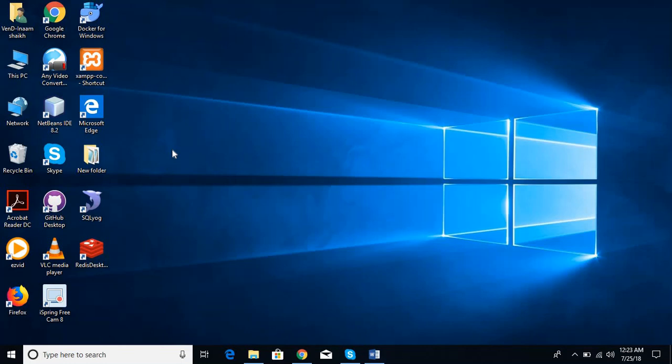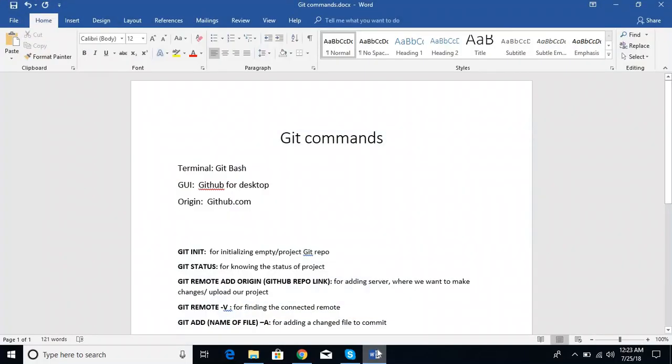Git-bash, and how we can upload our project into any remote like GitHub, GitLab. So we are doing it with Git commands. Our ingredients are: the terminal will be the Git-bash software, so we have to download the Git-bash software, our GUI will be GitHub for desktop, and our origin